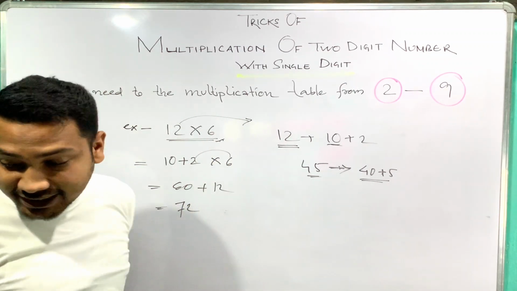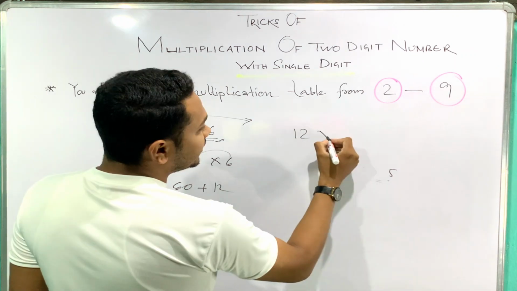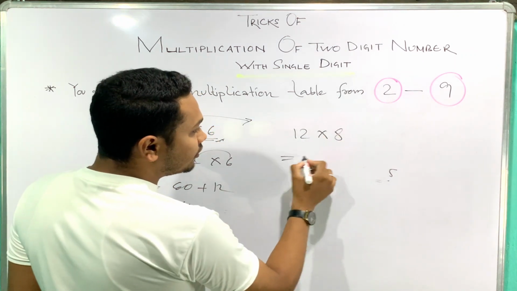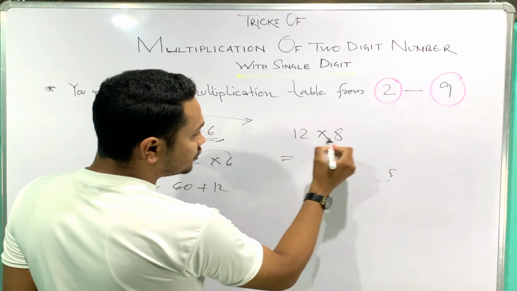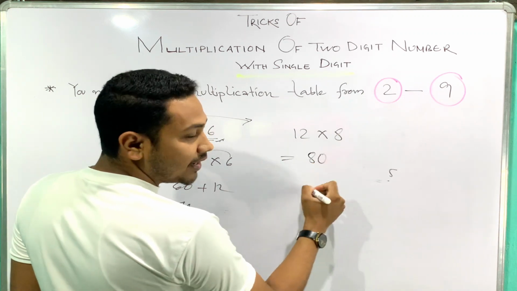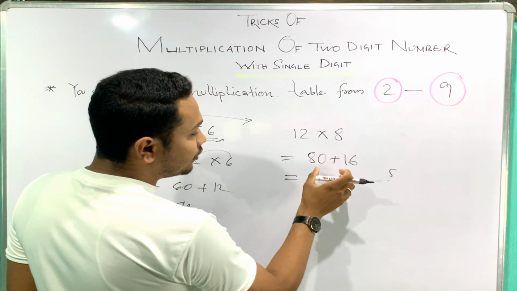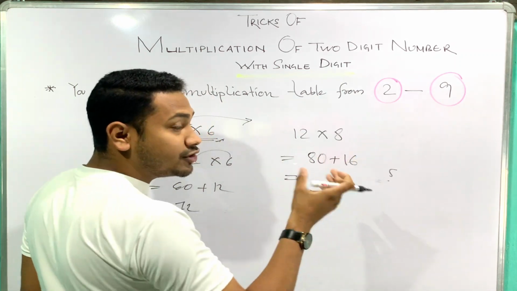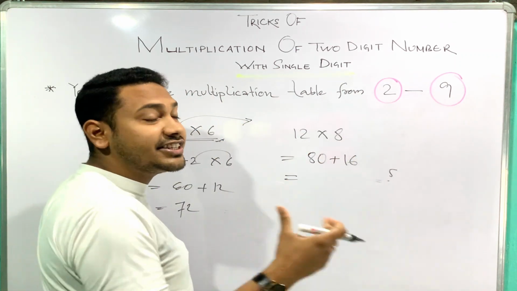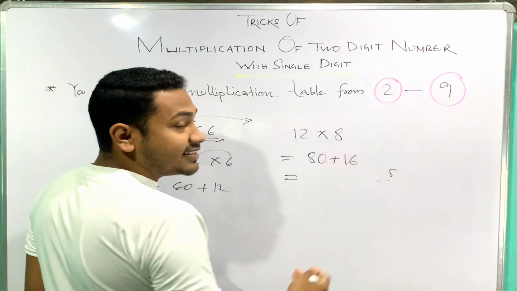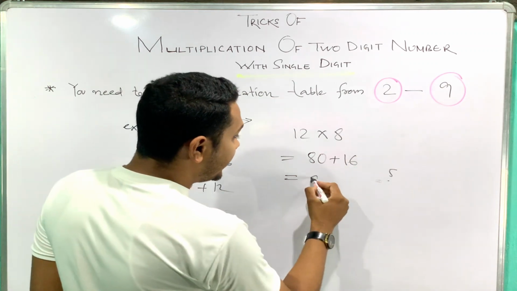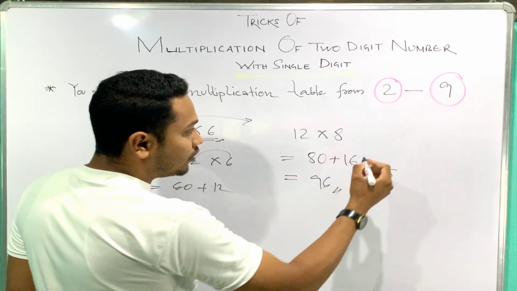Okay, I'm giving you some more examples so that you can understand clearly. If someone asks you 12 into 8 is how much, just have a look. First of all we need to multiply 8 with 1. So 8 ones are 80, I will write here. Then 8 twos are 16. Okay, so just have a look. 80 plus 16, this thing should be in your mind. I'm repeating time and again. So 80 plus 16 is how much? 96, right?